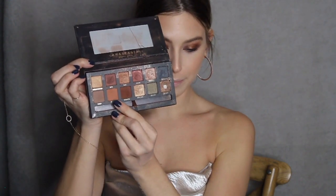So to finish my eyes, I'm going to go back into the original color I used, which was Isabel, on a Morphe E17 brush. It's a small little blending brush. I am just going to put this right under